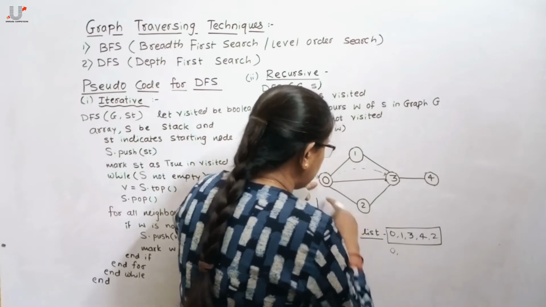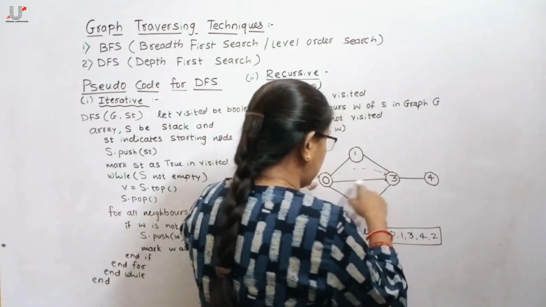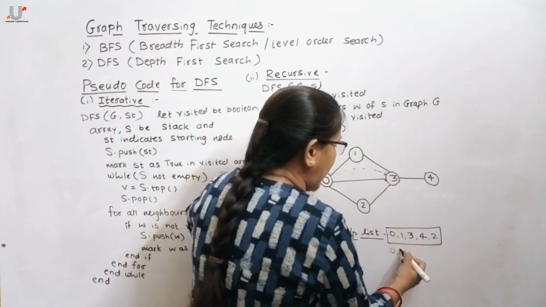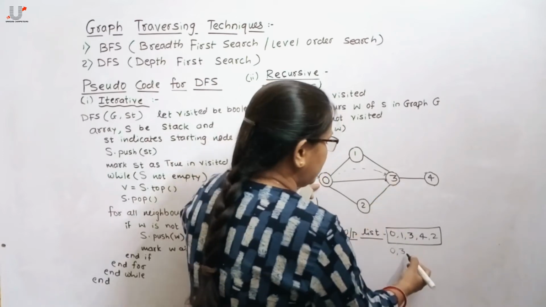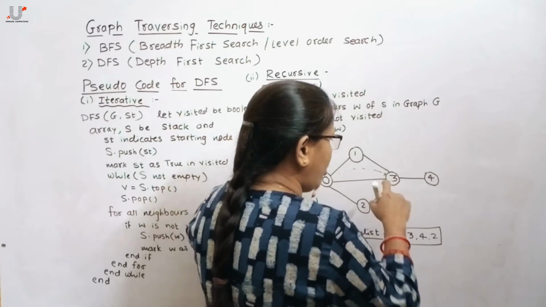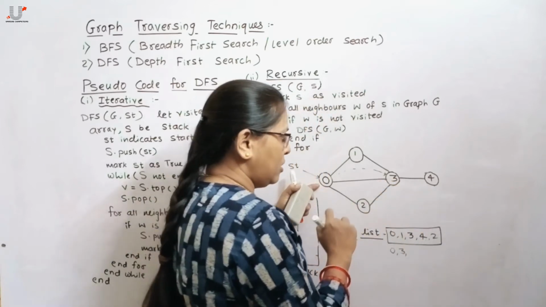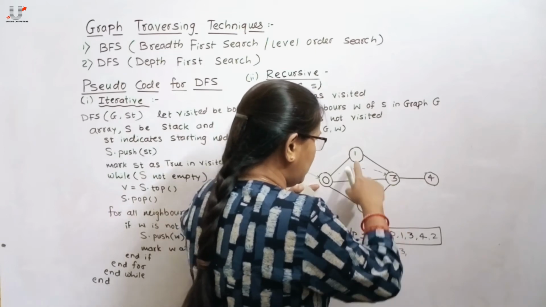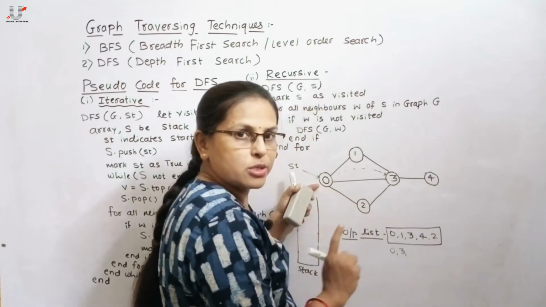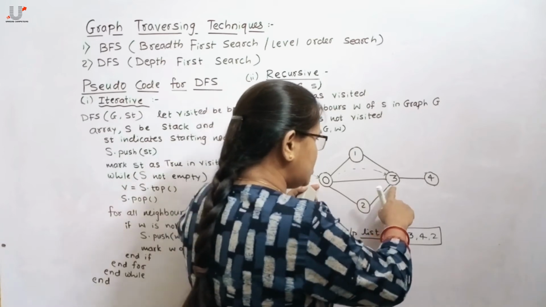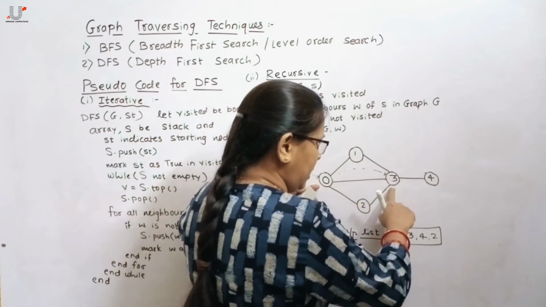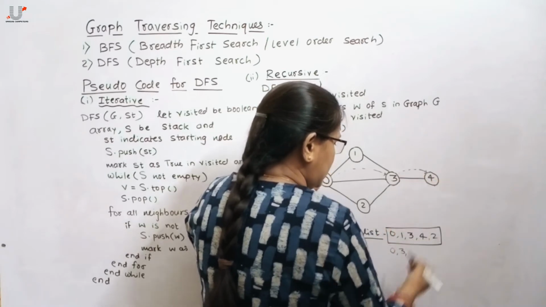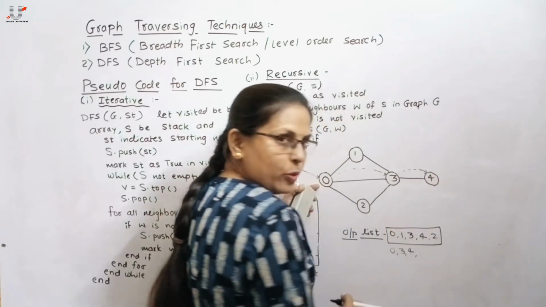So first add that starting node into the output list. Then from 0 the adjacent node is here 3. So move to 3, add it to the output list. Then try to add all the adjacent nodes of this 3 which are still unvisited. From this 3, 2, 1 and 4 are the adjacent nodes of 3. So we choose any from them. From 3, suppose here we visit 4. Then that 4 gets added to the output list.